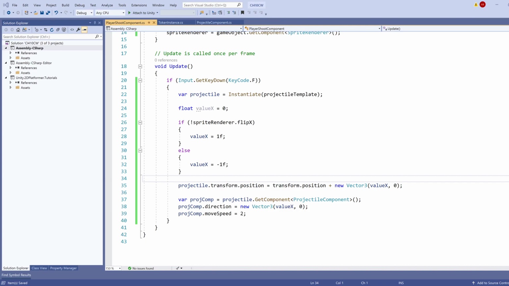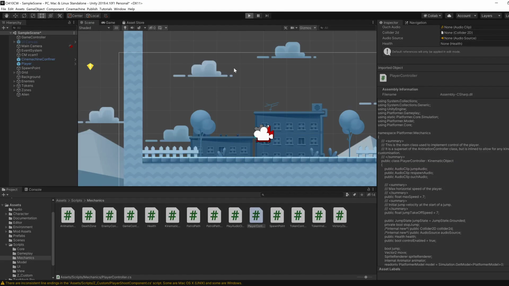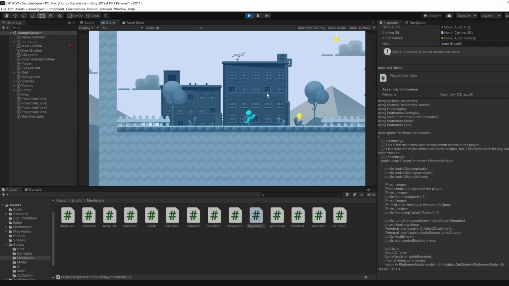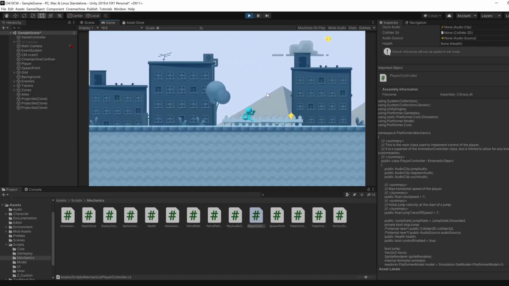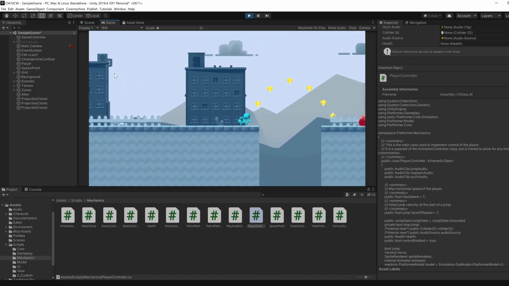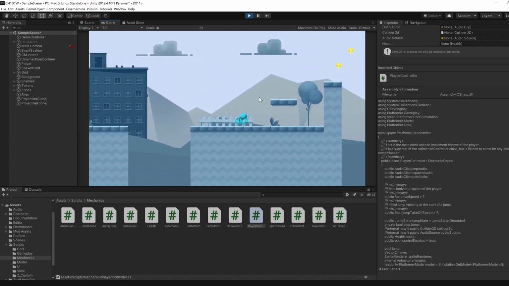Let's see if that works. Nice, we can shoot left and we can shoot right. That's good. We'll need to do something with that thing because you don't want your template going anywhere. Apart from that, however,